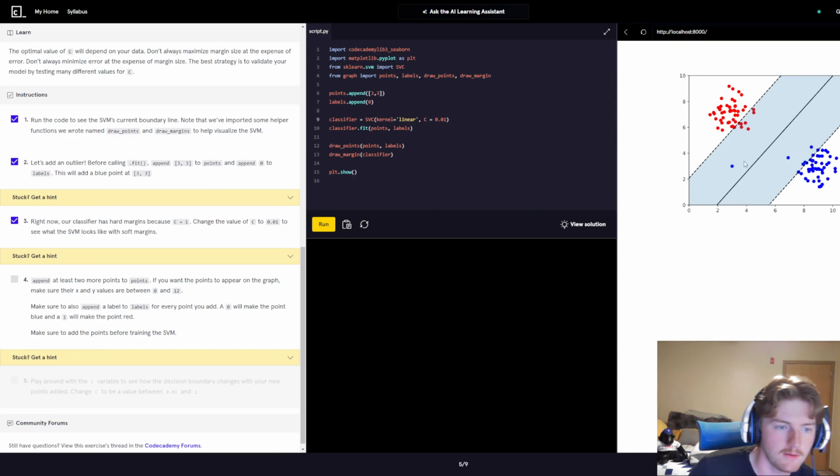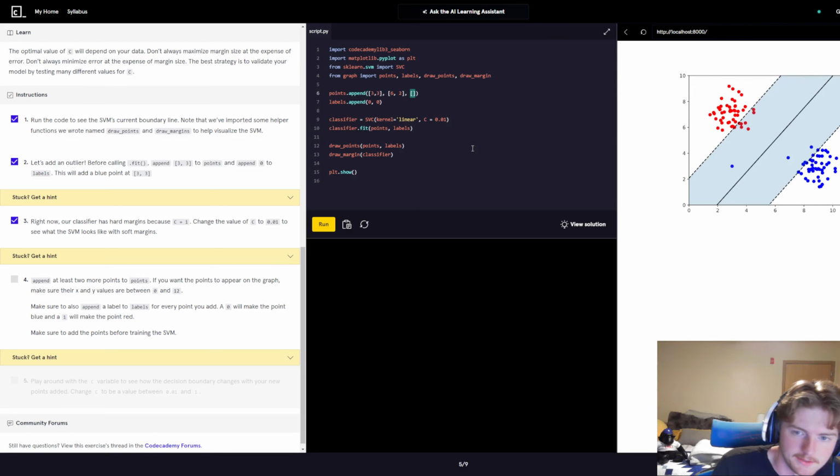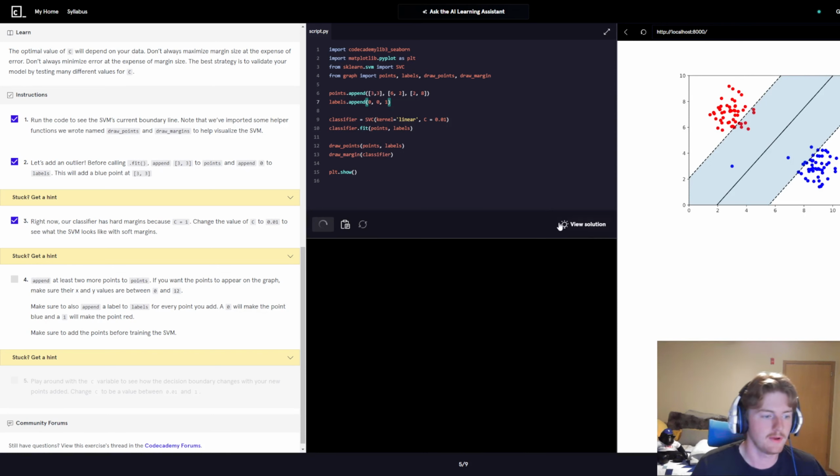So for one of them, we'll also append, let's do a 6, 2. In this one, we also want another 0. And then let's do a red one just for fun. Switch it up just a little bit. Let's append something like 2, 8. And we'll classify that one as a 1. When we do this,